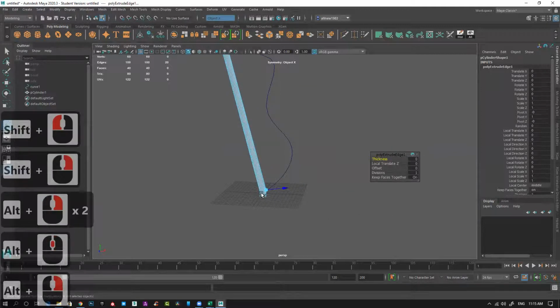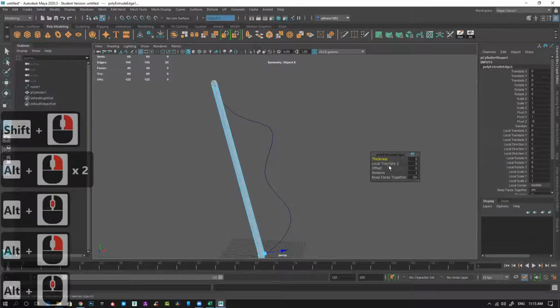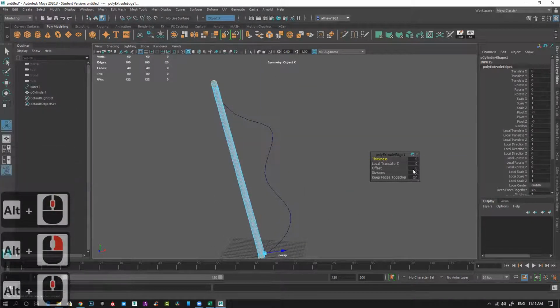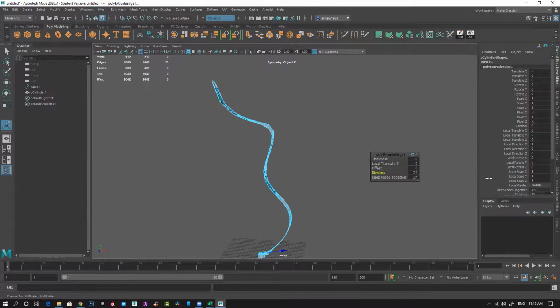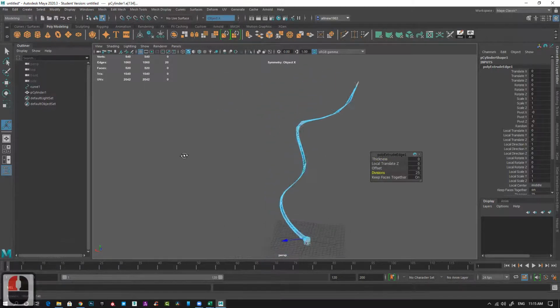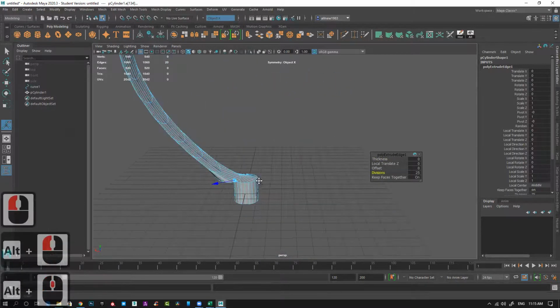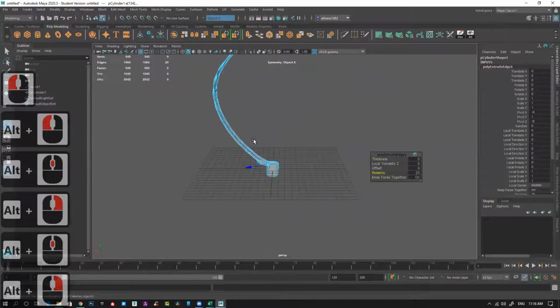It will extrude from this point to this point. Thickness, offset, everything will change. Click on this division. See, you have this slider. You can slide like this and generate this entire thing.